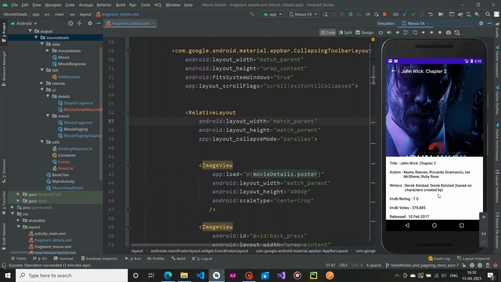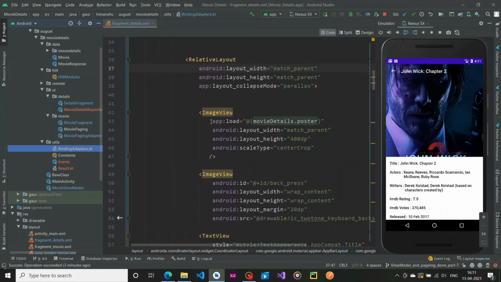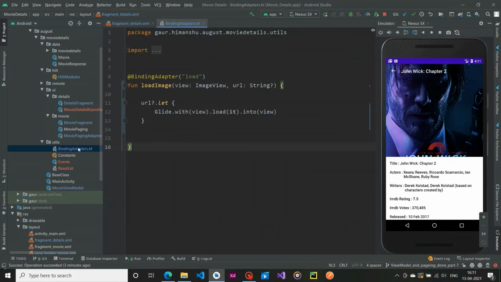When I ran this application I got some errors, and I'll show you how to resolve them. You get the same error when you run this application. The error is first in our binding adapter. In our image view we use load, which is a binding adapter created by me. This is our binding adapter loadImage, and in our URL, sometimes the server will send the poster part as null. On that occasion it will not run, it will crash your application. That is why I made this URL a null check. If this is null, then this part is going to run.